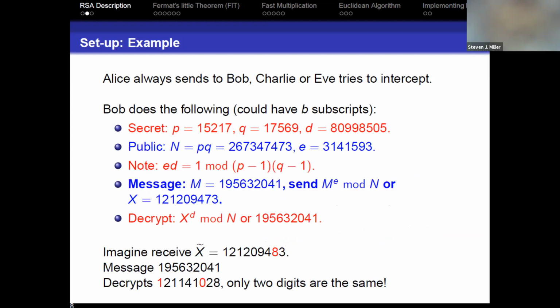So if I know what P and Q are, I know what P minus 1 and Q minus 1 is. So if I know the E for encrypt, I can figure out the D. It's not hard for somebody to figure out D if they happen to know the 2 primes and the E. The question is, is there any way to easily figure out what the D for decrypt is if you only know N, the product of the primes? To date, no person has publicly stated that they know an easy way to do this. There may be an easy way, but it has not been stated.